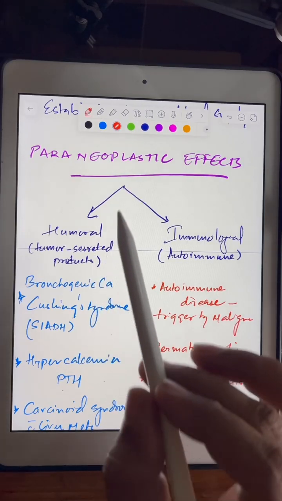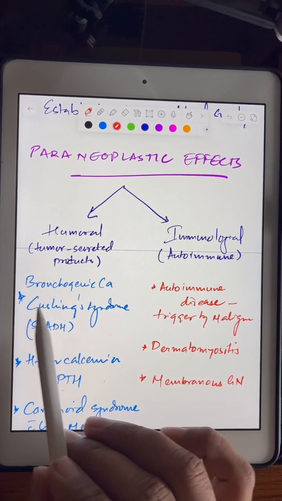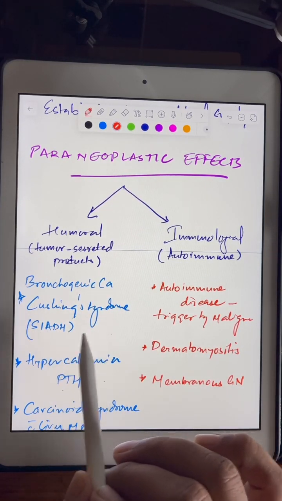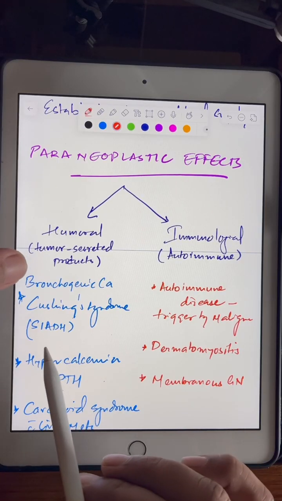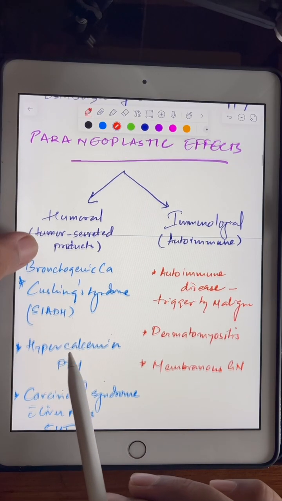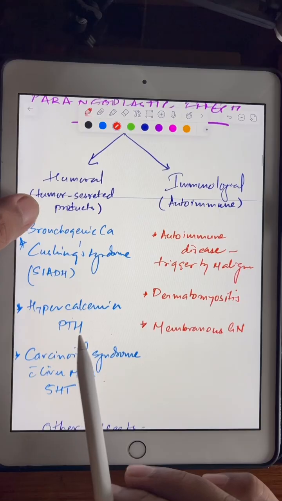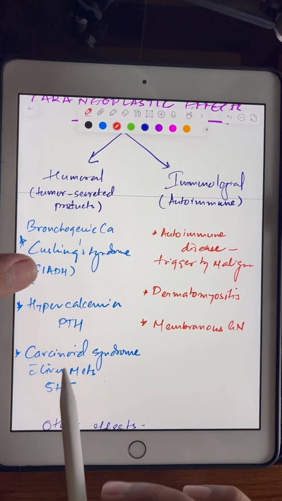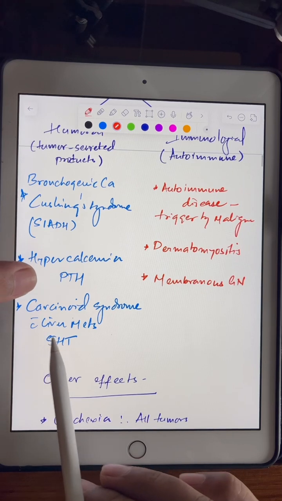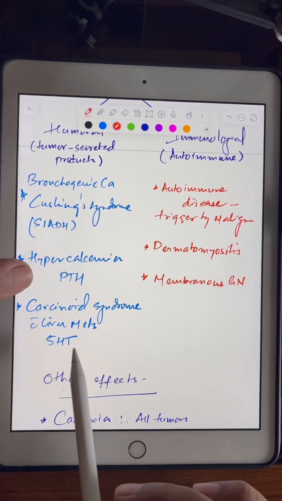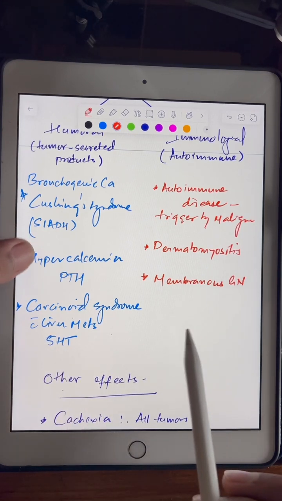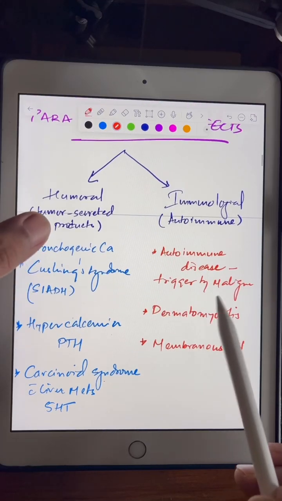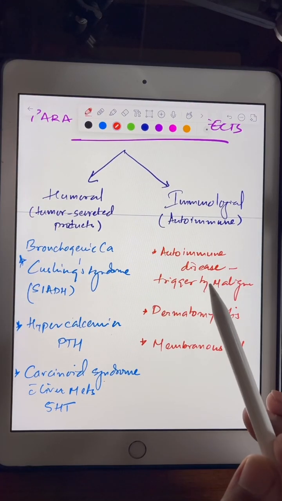Examples of hormonal paraneoplastic effects: bronchogenic carcinoma causing Cushing syndrome and syndrome of inappropriate antidiuretic hormone, SIADH. Then hypercalcemia is caused in parathyroid malignancy, medullary carcinoma. Then carcinoid syndrome with liver metastasis. These are the hormones secreted which cause paraneoplastic effects. Immunological, autoimmune